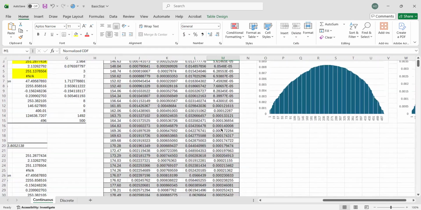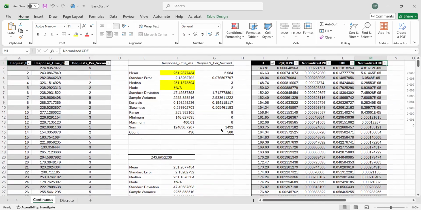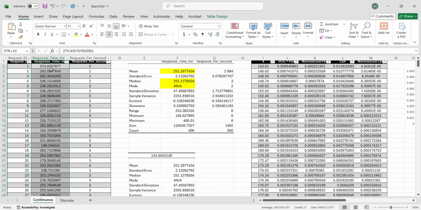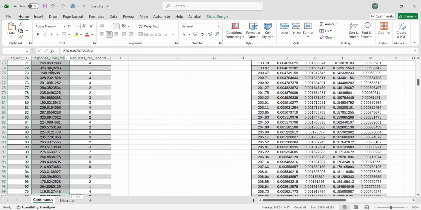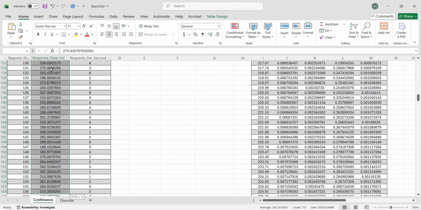We want to make sure that our data is normal before we can proceed with our statistical tests, or parametric statistical tests. Now, another thing we can do is, let's say for some reason we want to compare 1 to 250 and 251 to 500. So let's select this 1 to 250.